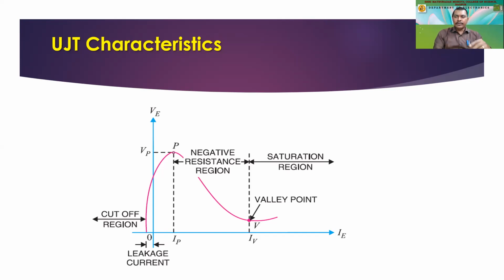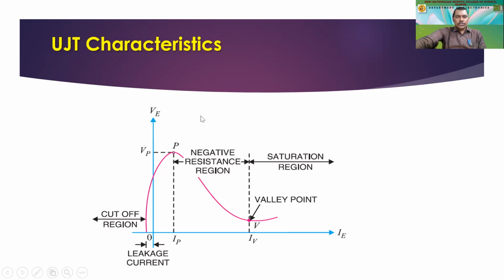Below, if you empty a glass, then the smallest water that is left and which is required, and we are not able to use that particular level of water in a glass, that particular level is called the cutoff region. So here also the transistor is not going to work. So we have to work between the cutoff and saturation. There only the transistor is said to be working in the active region.